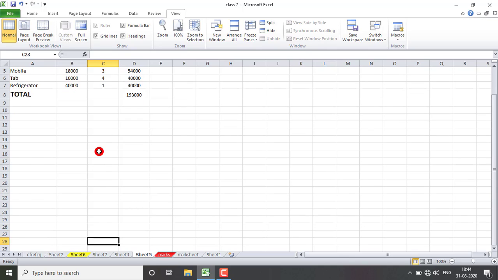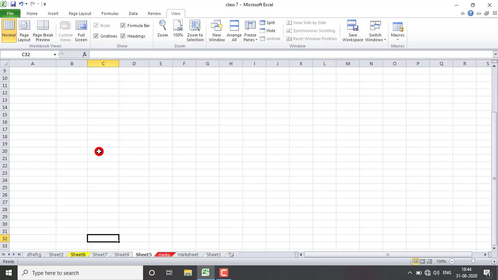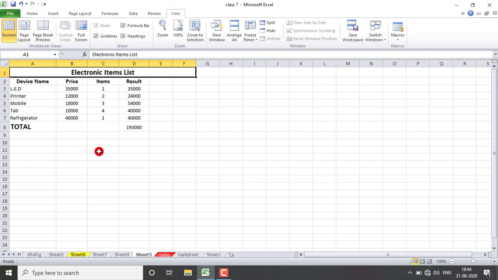As we move downwards, your top rows are going out of the screen, meaning you are not able to see them. So this freeze panes will help you to make these rows or columns fixed so that they will not move from their original position, and they will help you in doing data entry.